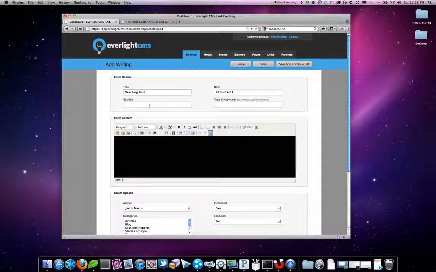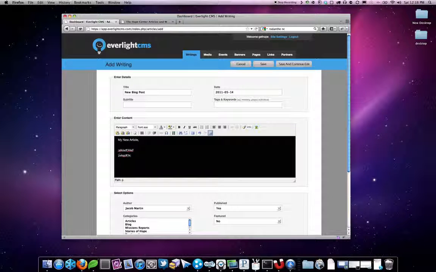We'll leave the standard date there. We don't need a subtitle. And this editor, if you've watched our video about managing your pages, is used throughout the entire CMS system, and you can use the same options throughout. So you can embed an image, you can embed media or video, you can use our pre-style. So I could say my new article,